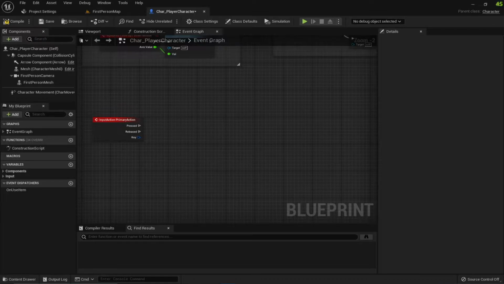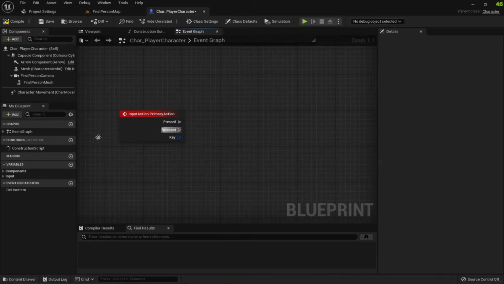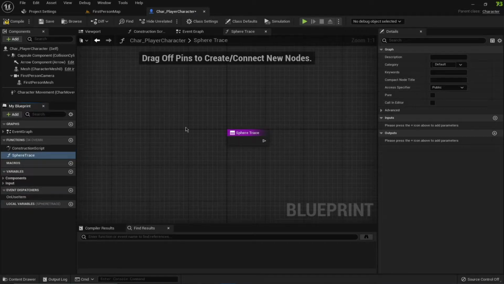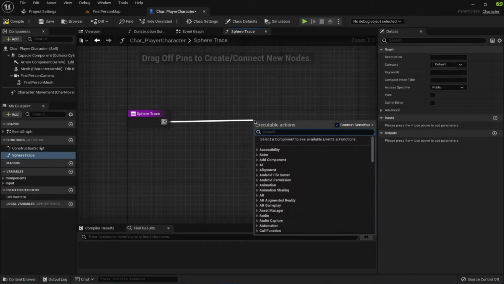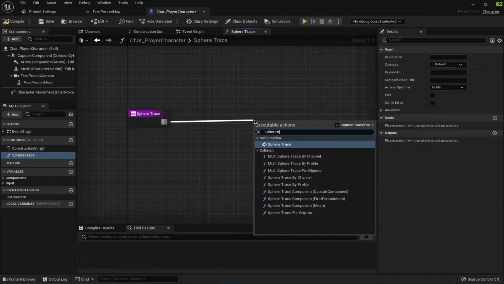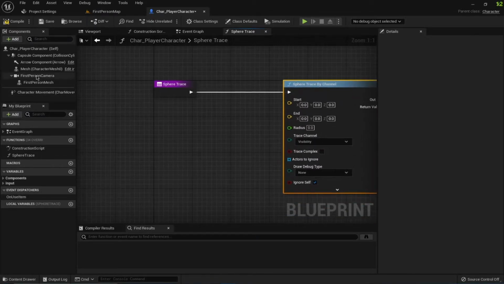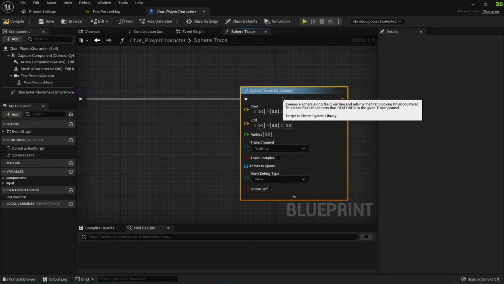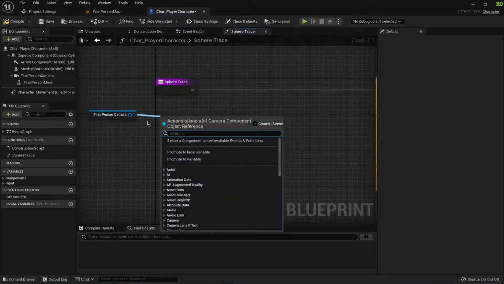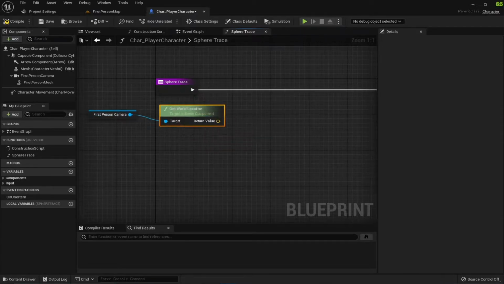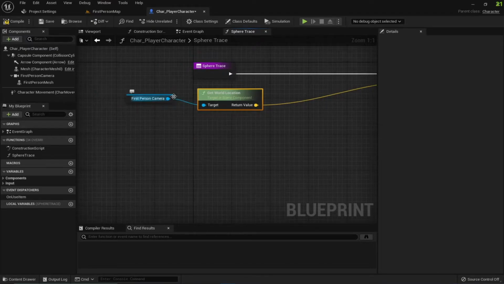So inside of the event graph, first what I want to do is create a function for the sphere trace. This is going to actually do a sphere trace by channel, this one. And I'm going to drag out this first person camera because I want my trace to start from the location of this camera. So I'm going to say get world location. Okay, so this is going to be my start, and for the end I'm going to say get forward vector,